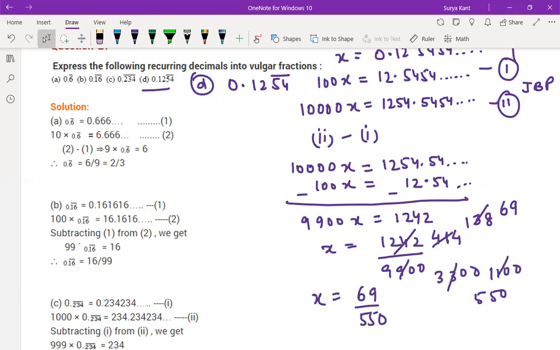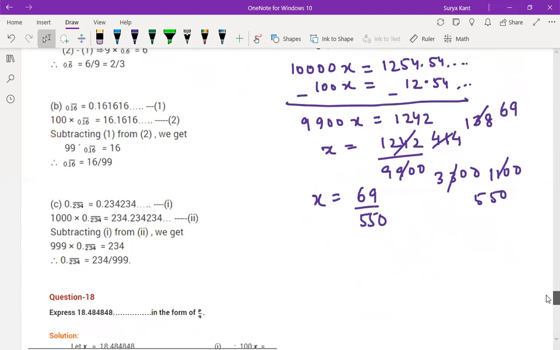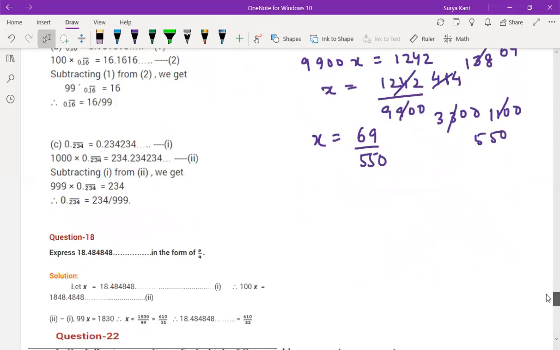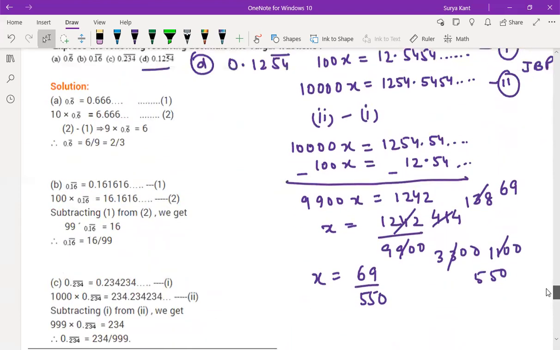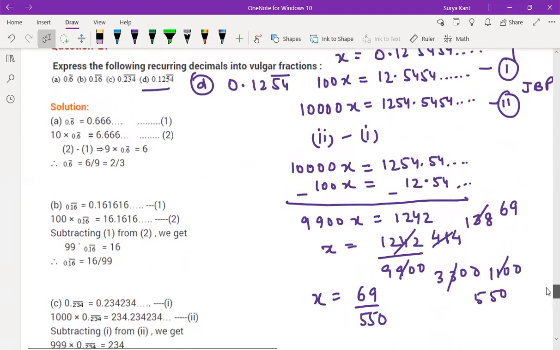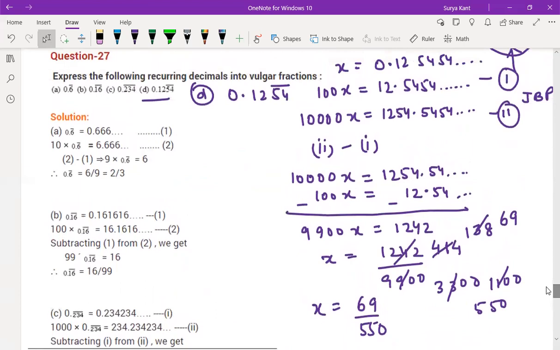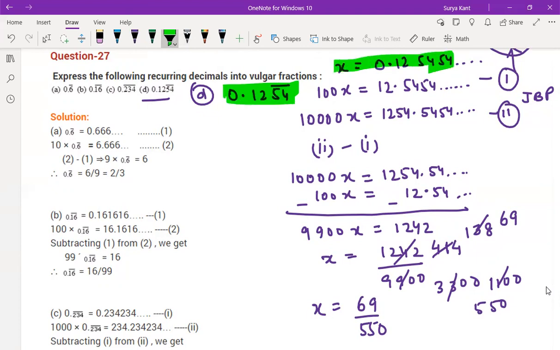You are getting the same answer, children? All of you are getting the same answer? Yes, sir. Okay, fine. So does anybody have doubt? If you know this question, you can do any type of vulgar fraction questions. They may ask in the examination, express the following recurring decimal into vulgar fraction. So this kind of sum is the hardest sum. If you understood this sum, then you can easily convert any type of vulgar fraction.